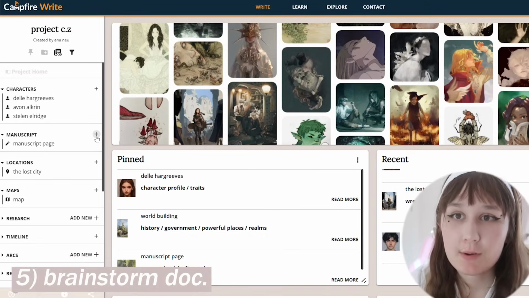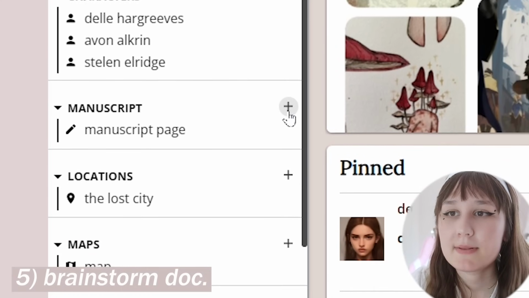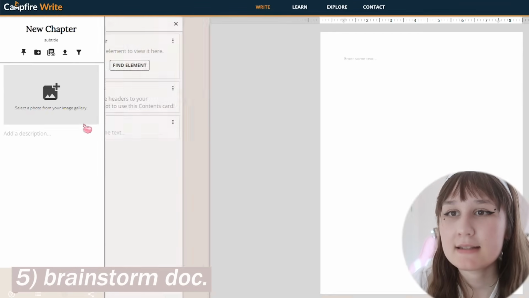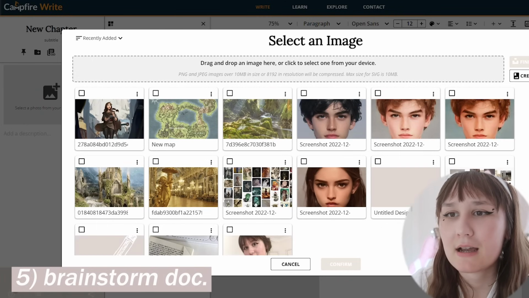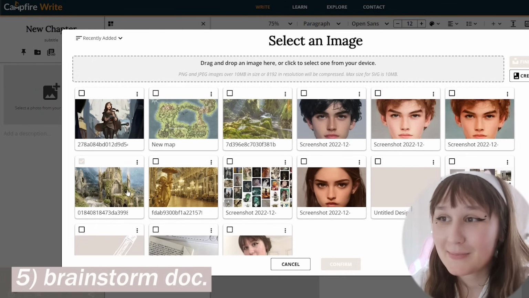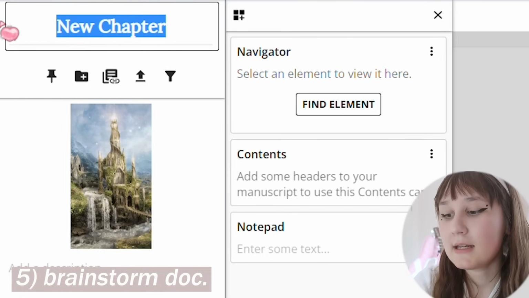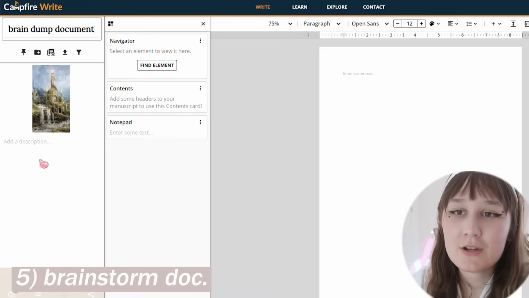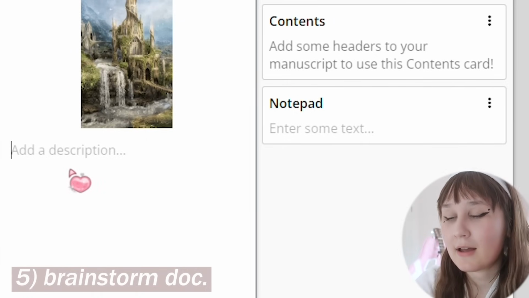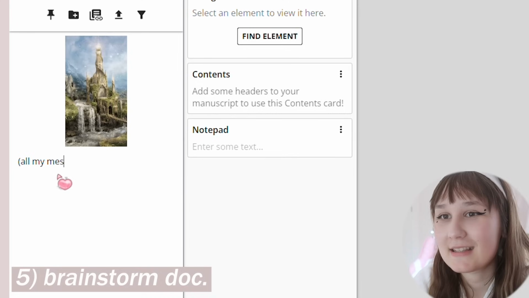But if we go back to Campfire, I'm probably going to create it under manuscript. So I'm going to click the plus over here and select a photo. I like to select random photos to help inspire myself. I'm going to name this Brain Dump Document, and that's so easy. You can also add a description, which would be fun. I'll just say, all my messy thoughts